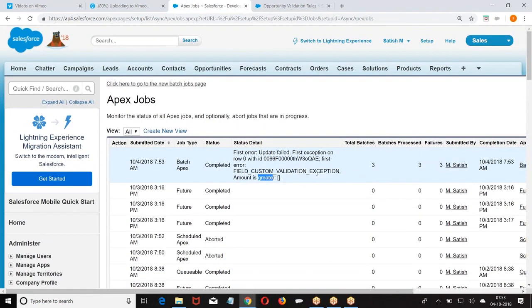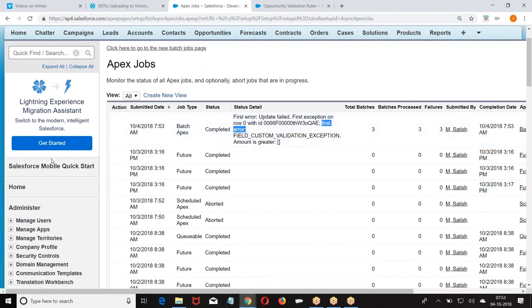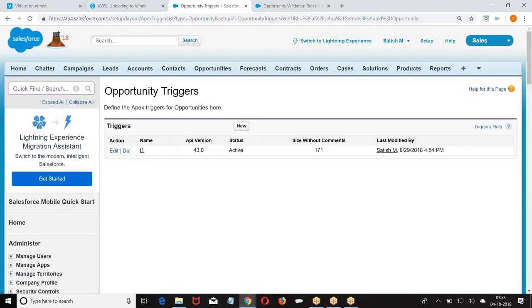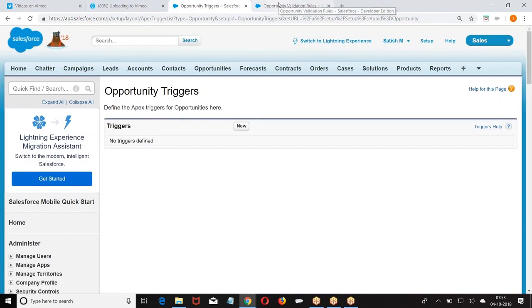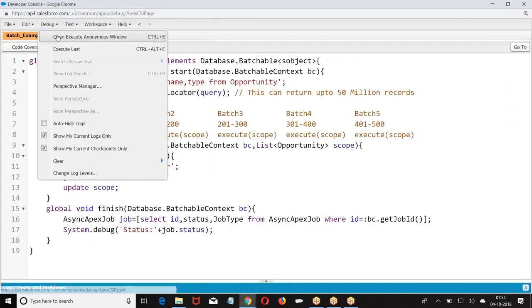Completed with failure: custom validation exception, amount is greater. There is an opportunity trigger running there. Somebody has written a trigger there.